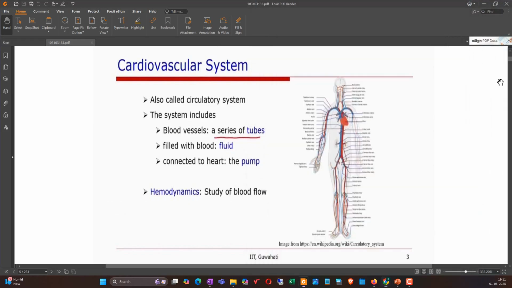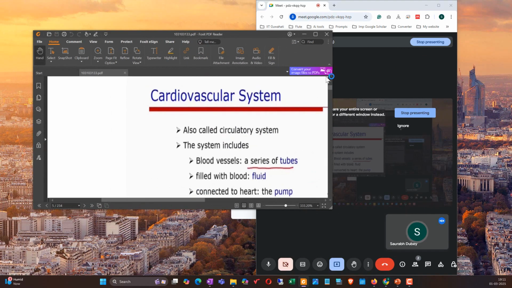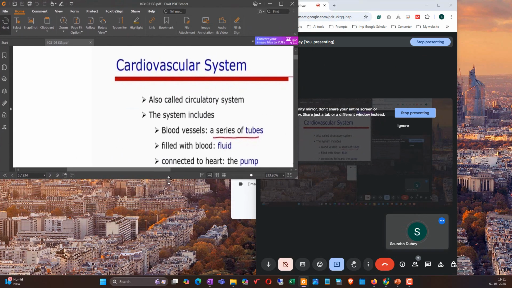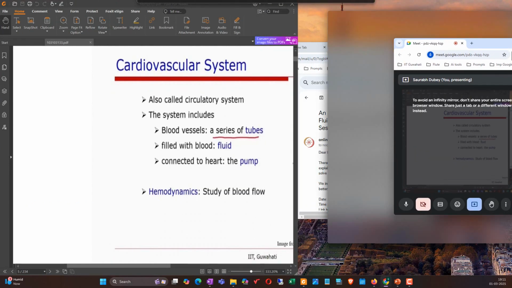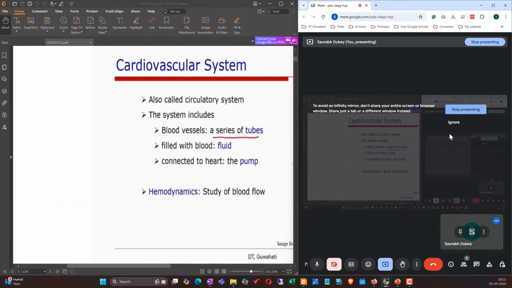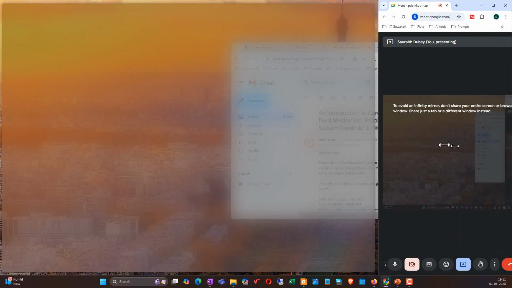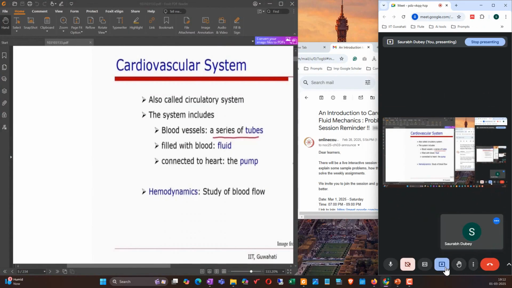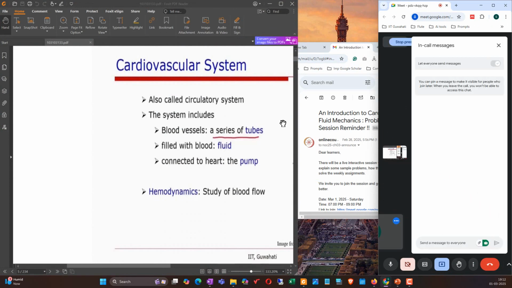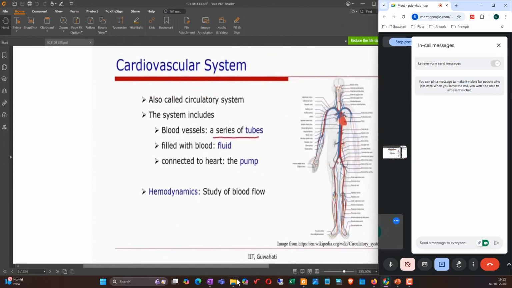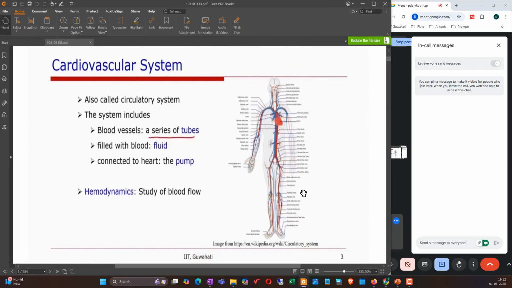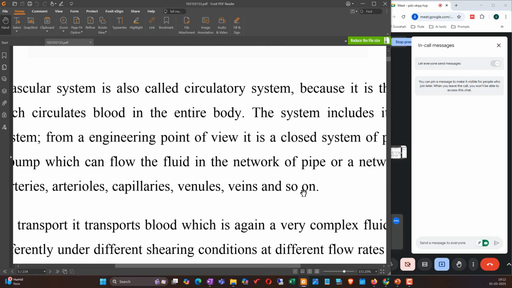Okay, so let us make it half. Okay, so if you see, let me just expand it. Yes. So this hematodynamics is what? This is the study of the blood, right? And then